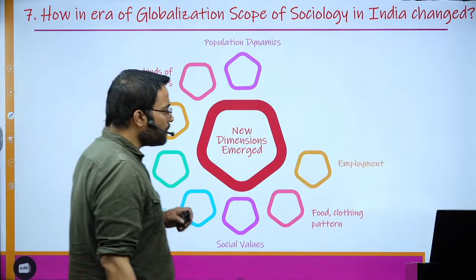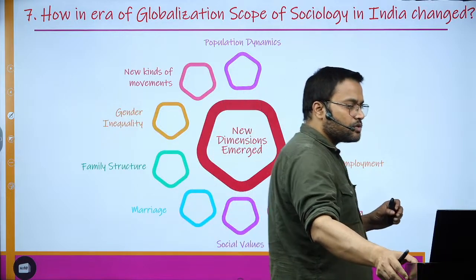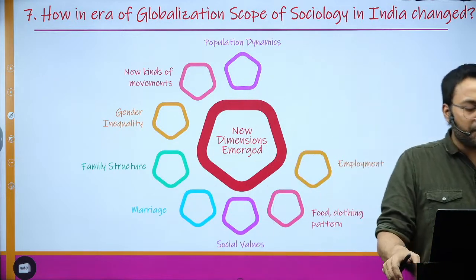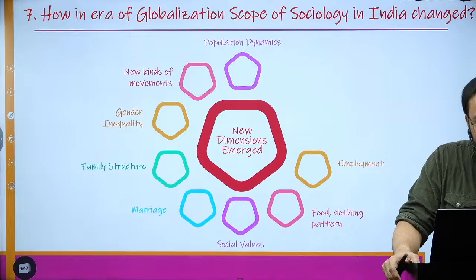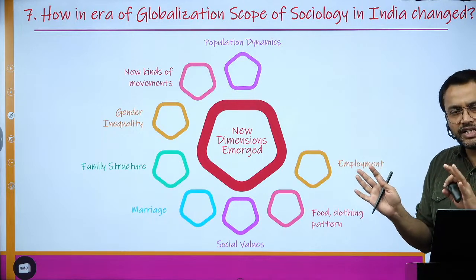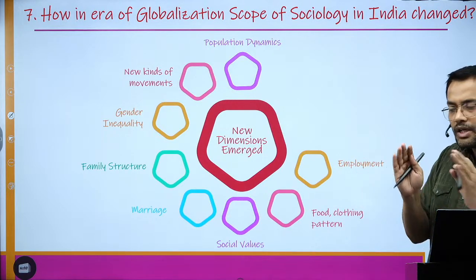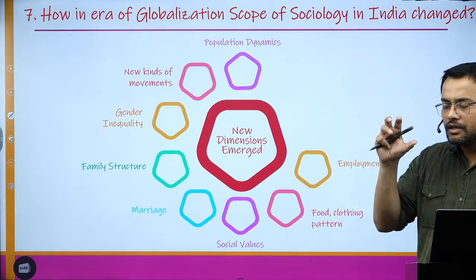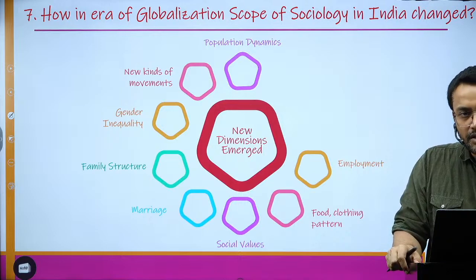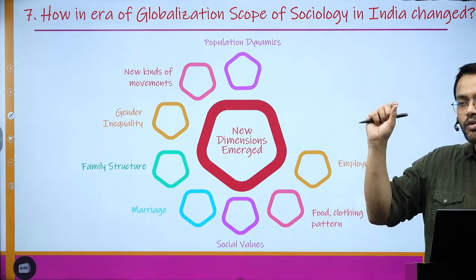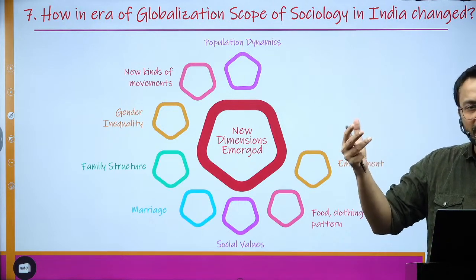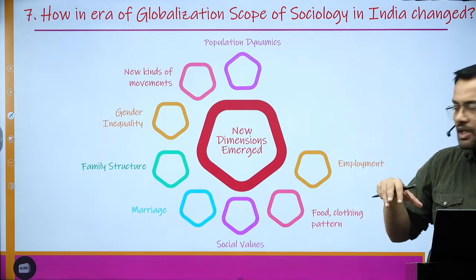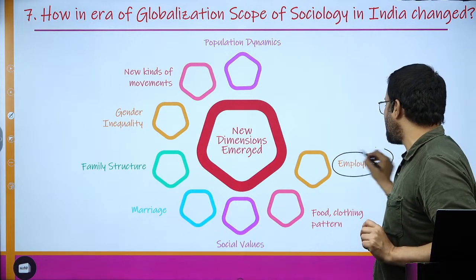Then we have employment. Employment is also changing because people are now climbing up the social ladder, and when they climb up, they are changing their social status. Earlier, people from the lower caste were forced to do a particular set of menial activities. Now they are able to go based upon their skills and merit. They are able to take up whatever job they want. So this is how it is bringing a radical change in society as well.